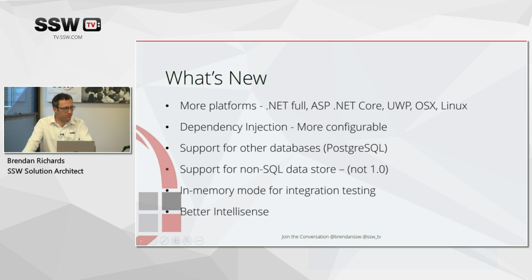Finally, this seems small, but I really like it. There's much better IntelliSense. When you try and use an item using Entity Framework Core, the help contains much more about how to use it and also the pitfalls of using it. Say, for example, when you use the DbSet operations to run a query, it'll explain to you that the query will run against the raw database and not against the in-memory state of your database.